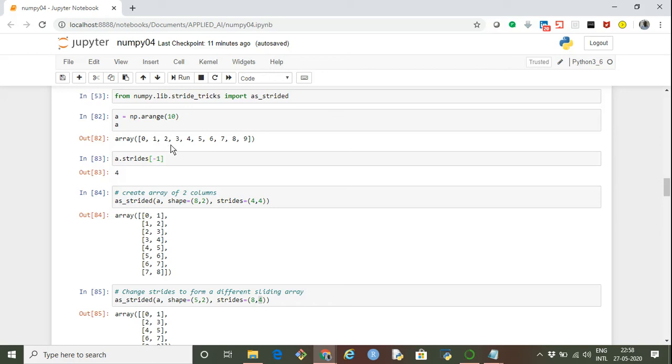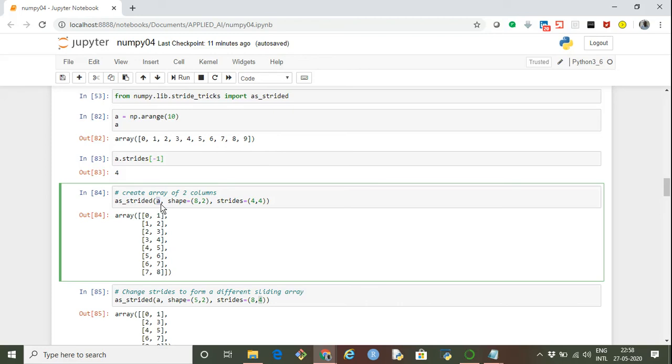This kind of thing can be achieved by using as_strided. We have to import the as_strided function from numpy.lib.stride_tricks. The way it works is we specify as_strided, and then the base array on which we want to apply this function.